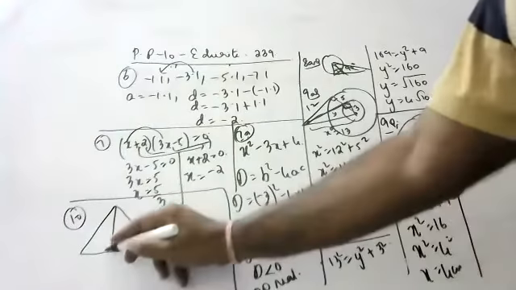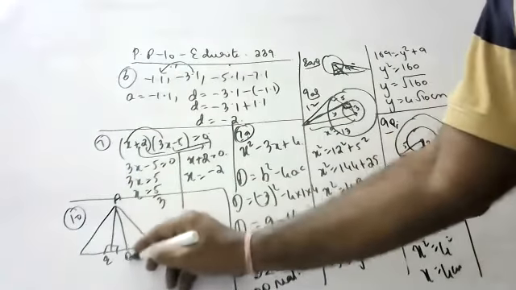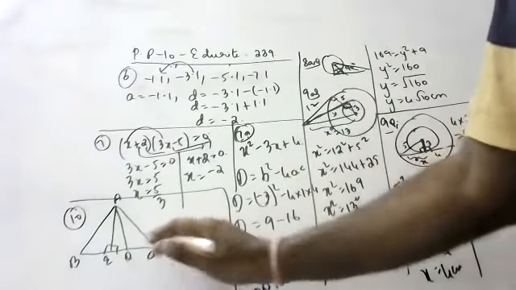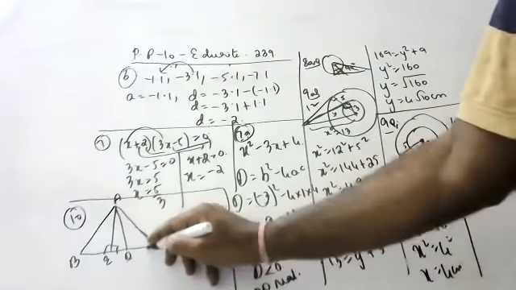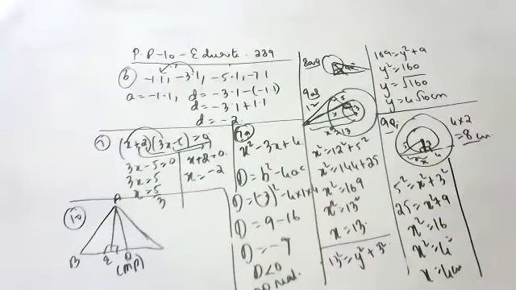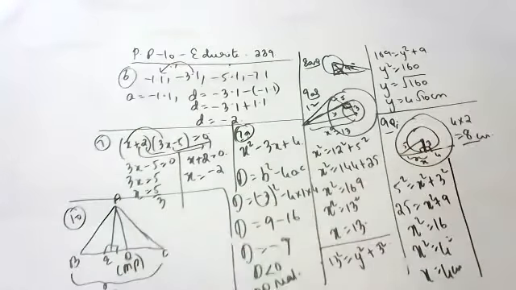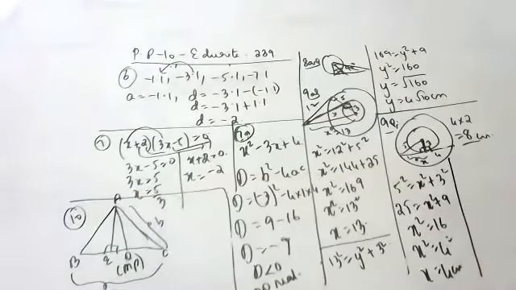Okay, so this is like this, children. This is triangle ABC. D, A, E, D, B, C. This is the given triangle. D is the midpoint of BC, and AE is perpendicular. If BC is equal to a, children, this full thing is a, and AC is equal to b.